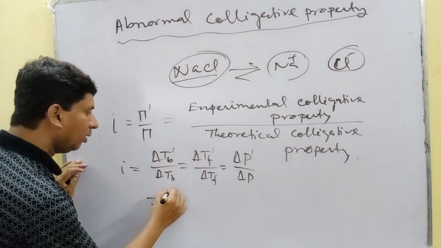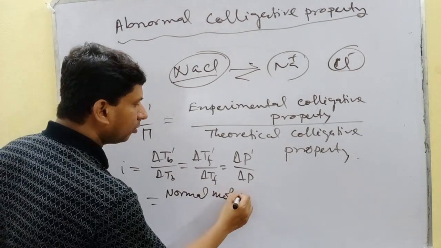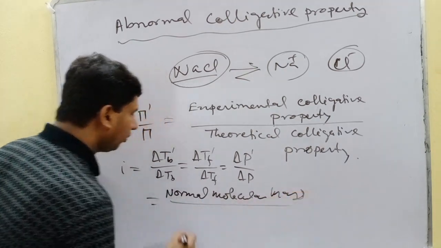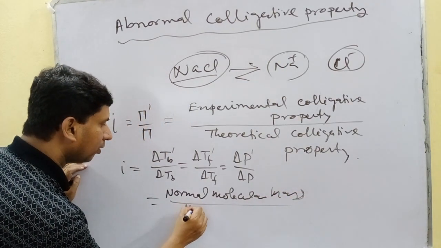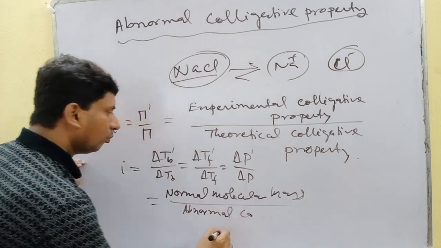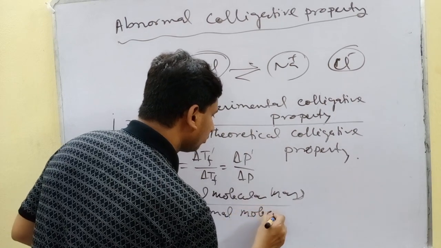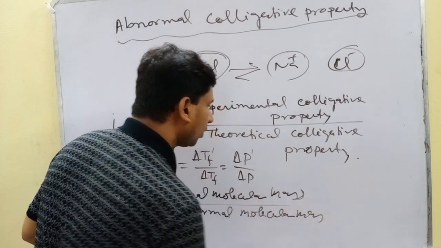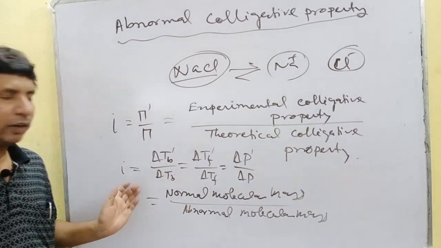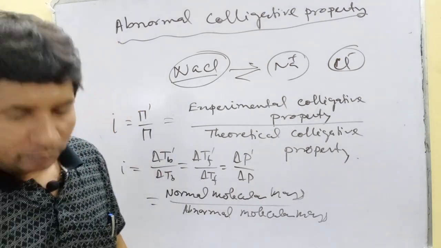Then it is the normal molecular mass divided by the abnormal molecular mass. Okay, so in this way we can calculate the Van 't Hoff factor, and there are so many things in this chapter, okay,